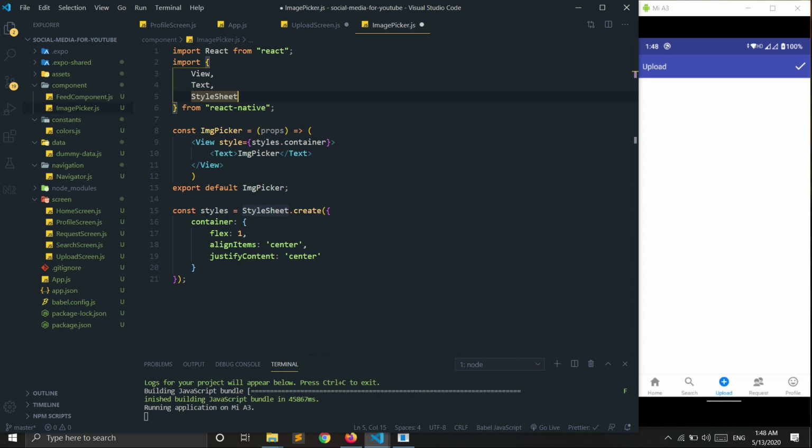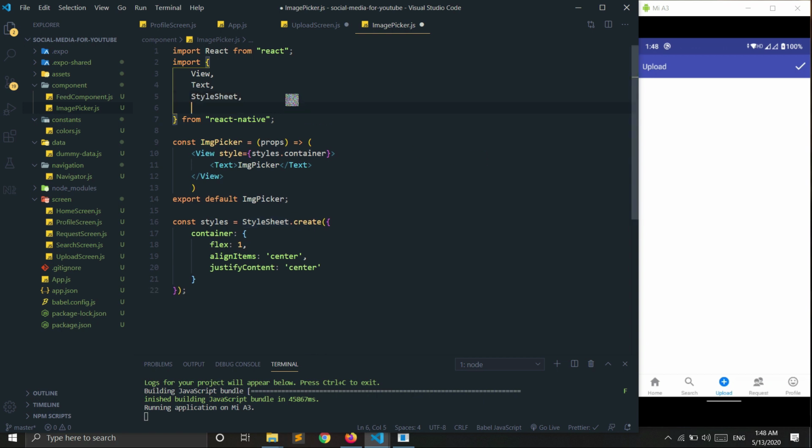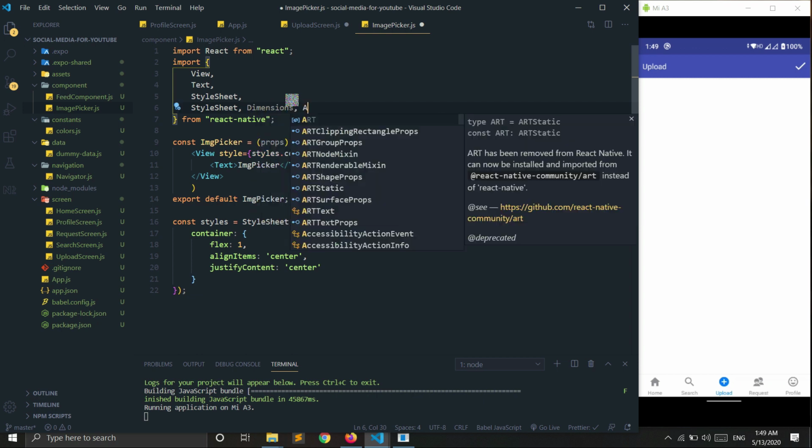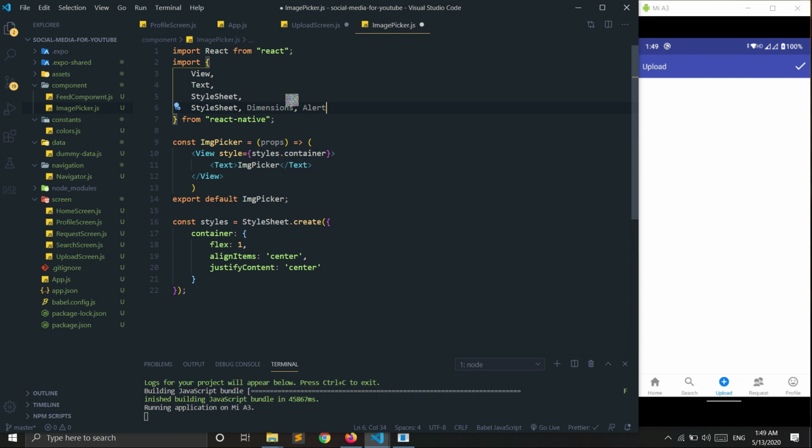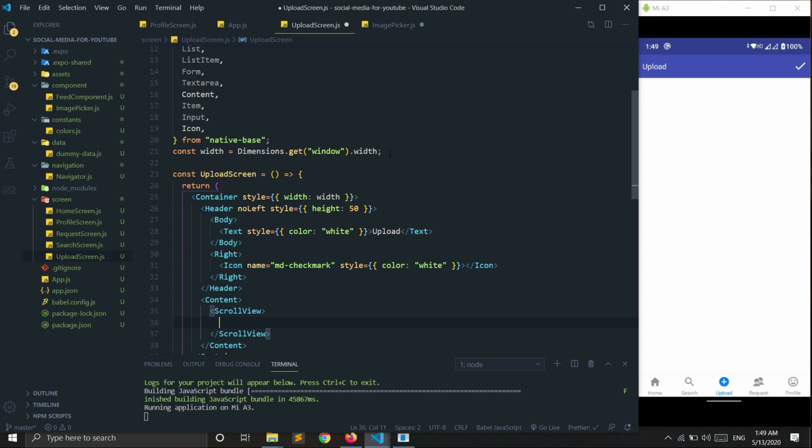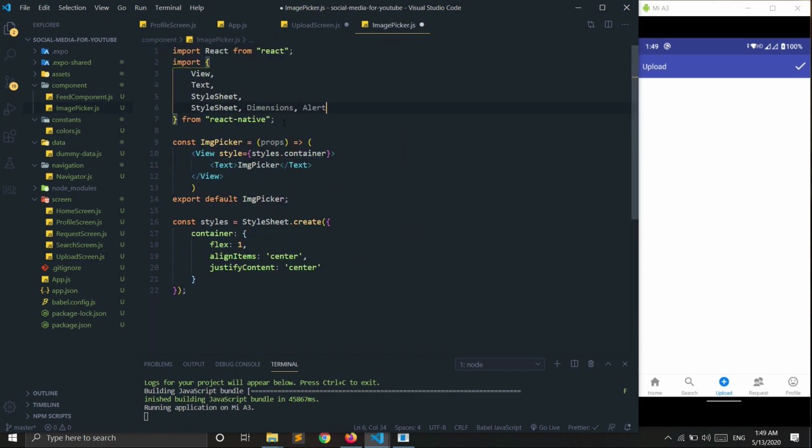So here want few imports. View, text, style sheet, dimension, alert. Now first of all, let's calculate width,